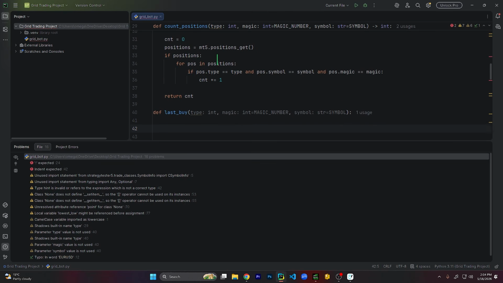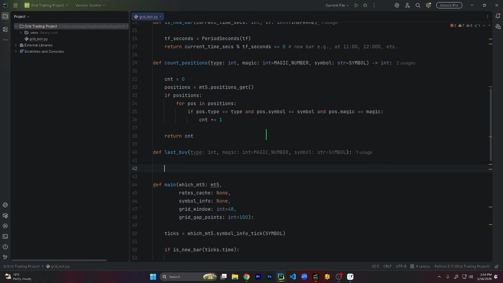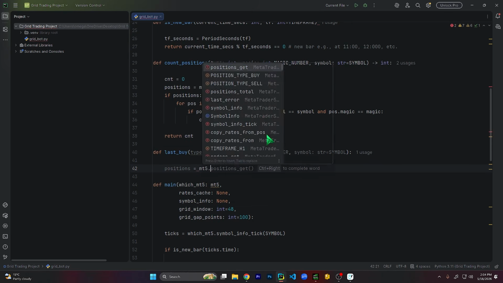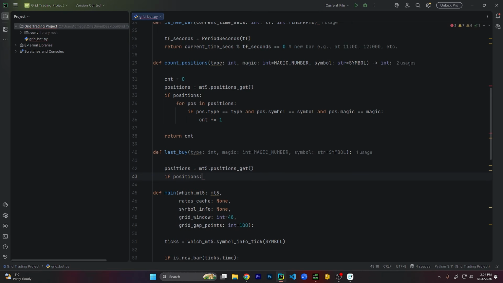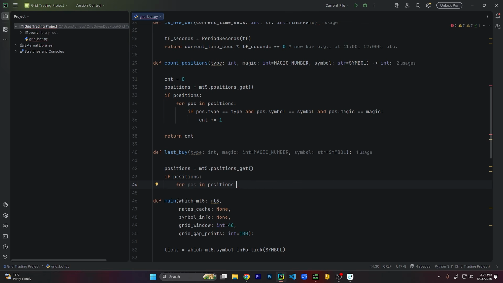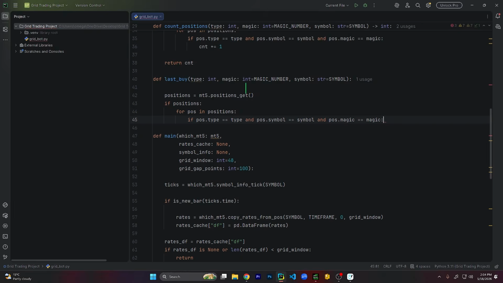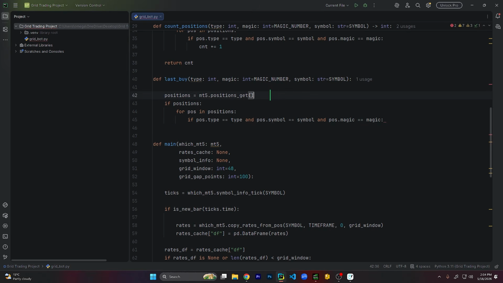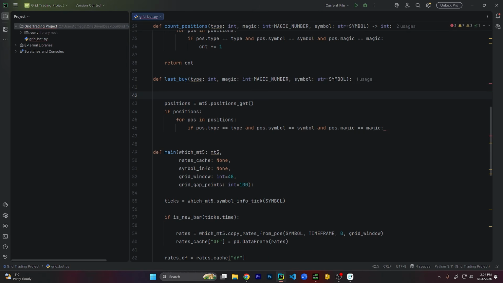Then we repeat the first thing we did in the function for counting positions, obtaining all the positions from the terminal. Then if at least a single position is returned, loop through all these positions, and we check if the properties resemble the ones we specify in the function, this time with one additional check. To identify the latest buy position, we should identify its time. So let's define time, call it position_time, and set it to the value of -1, which is the minimum value. Then we can say if